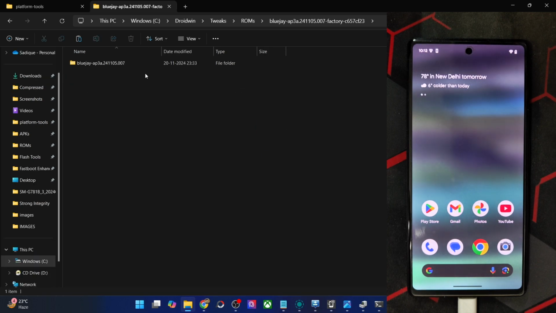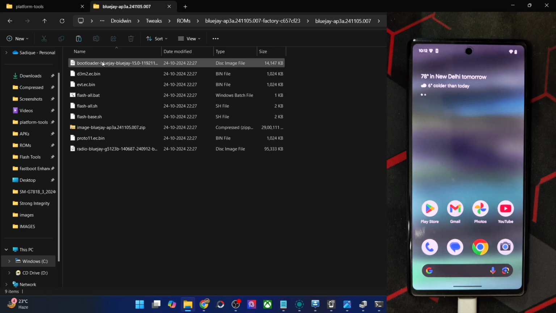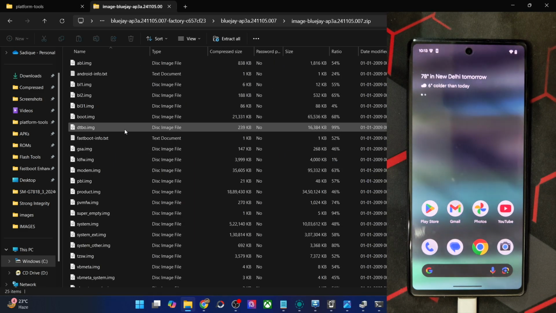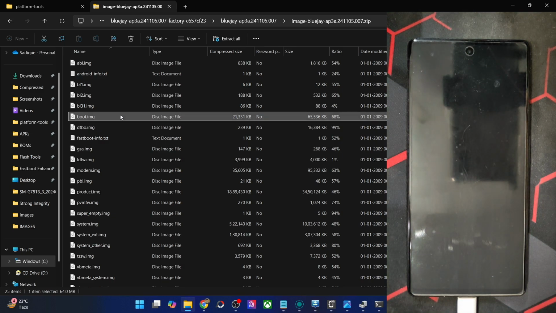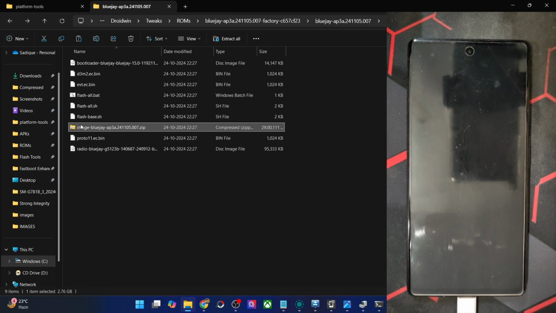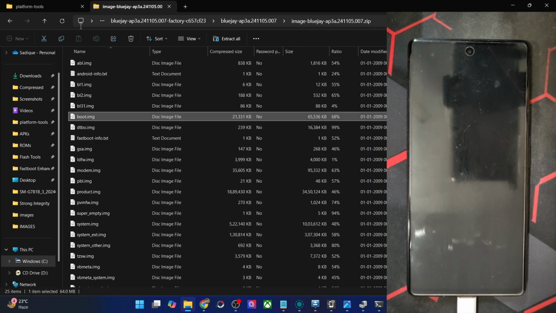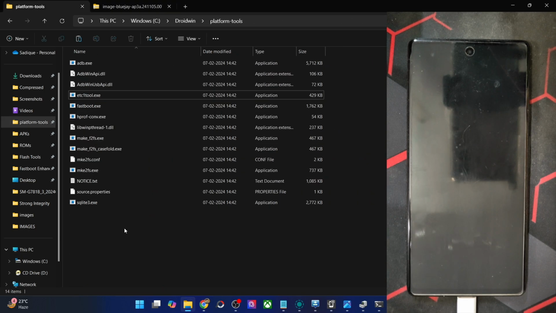Now go to the firmware and you will have to get hold of either the boot file or the init boot file. If your phone came with Android 12 or an older version, you have to use the boot.img. On the other hand, if it came with Android 13 or a higher version, you have to use the init_boot file. In my case, the phone came with Android 12, so I'll be using the boot.img file. In case of a Pixel phone, you have to use the factory image. Then go inside the images folder, extract it, get the boot or the init boot file and transfer it inside the platform-tools directory.